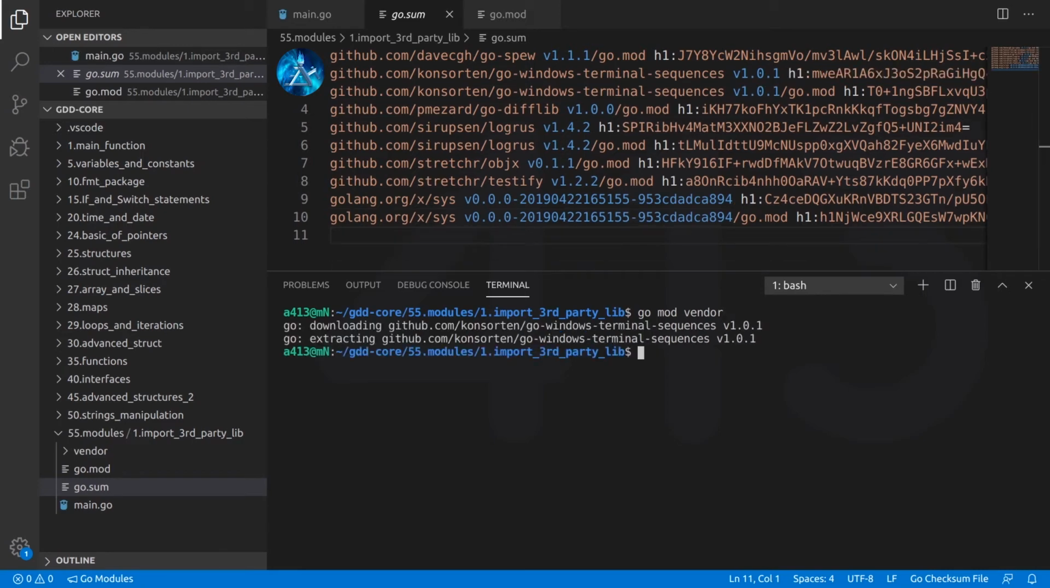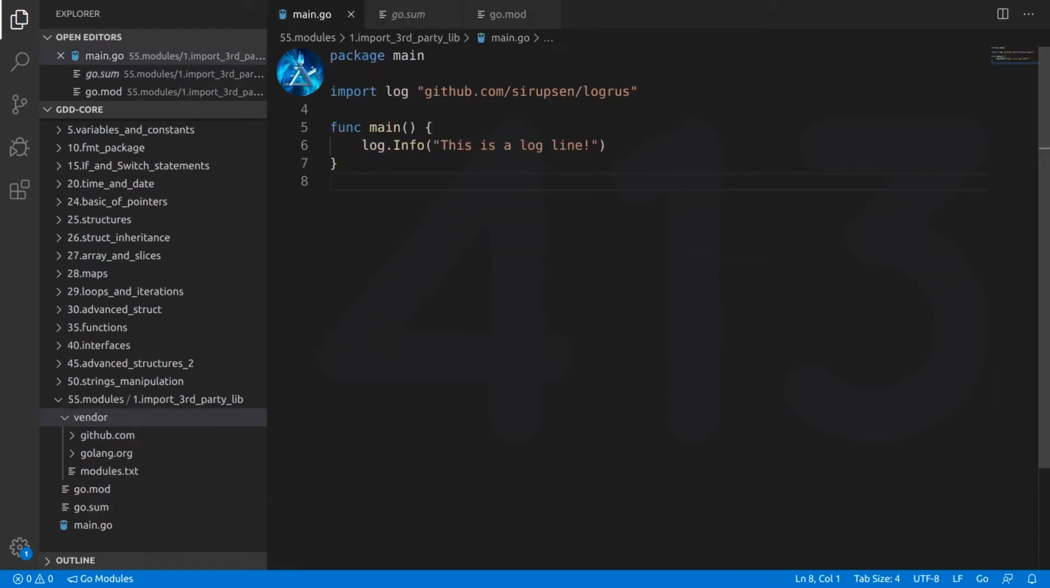Now, inside of our project, we can see new directory vendor. Let's now close our terminal and open our vendor directory. So now, inside of our vendor directory, we can see third-party libraries and dependencies which we will use inside of